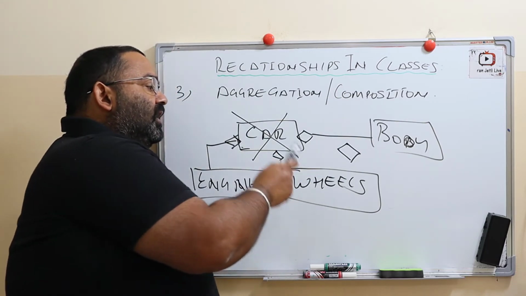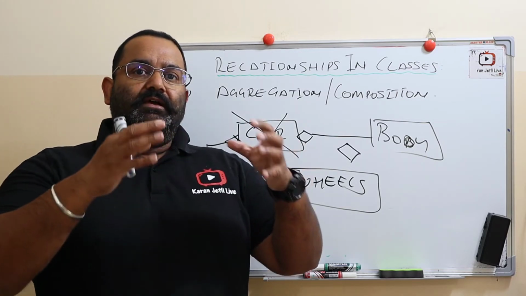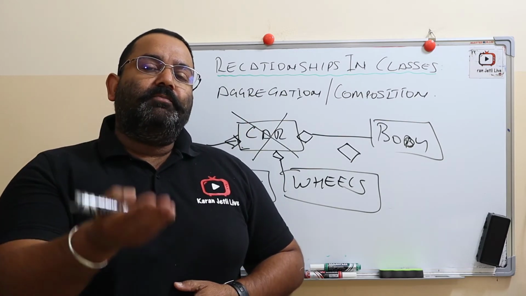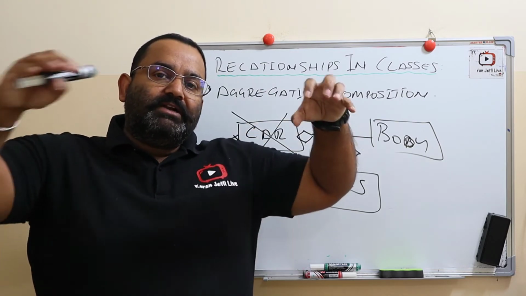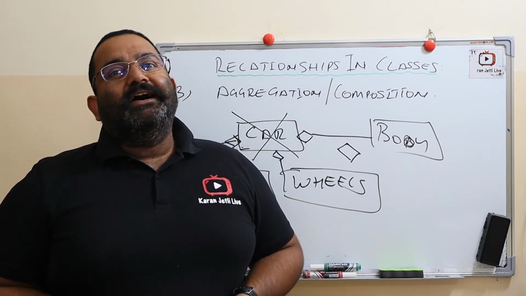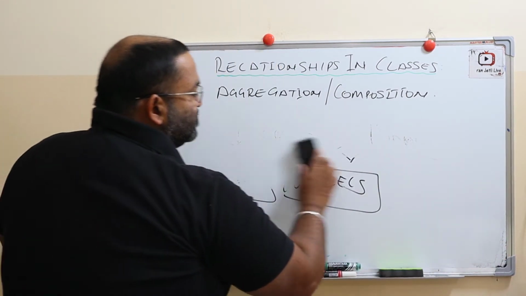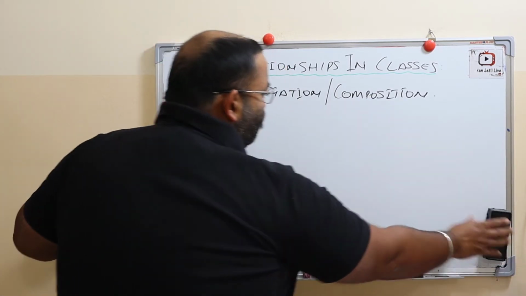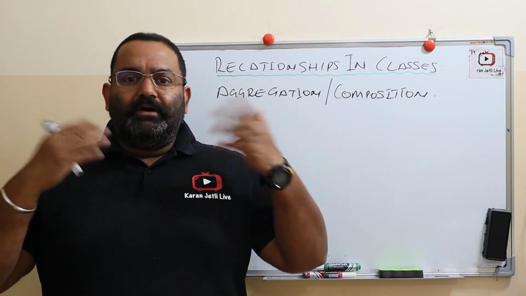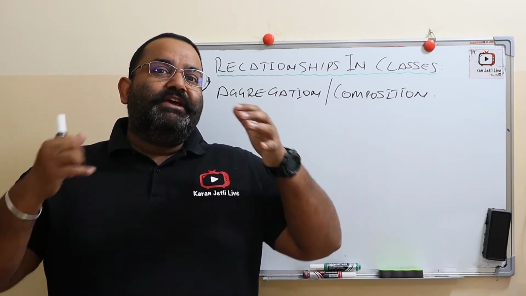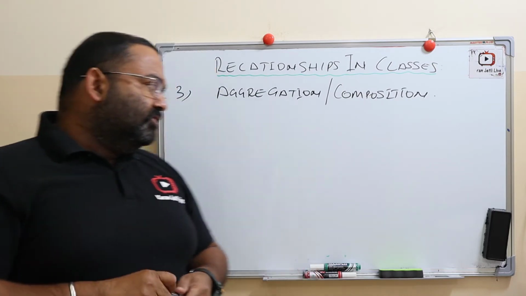It means when the parts are too dependent upon each other, when the classes which are making a container class are dependent upon each other, so that if the container class dies, the other participating classes also die with it. For example, just now I gave you one example. For example, a human. We have different parts. Okay, if I die, all my parts die with me. Why? Because they have a strong dependency on each other.